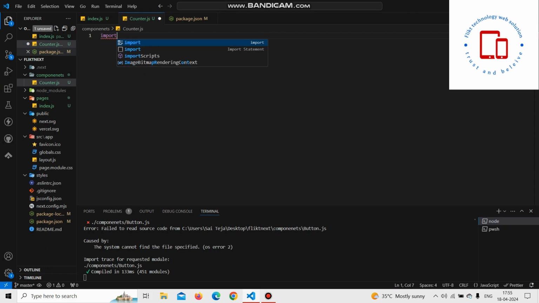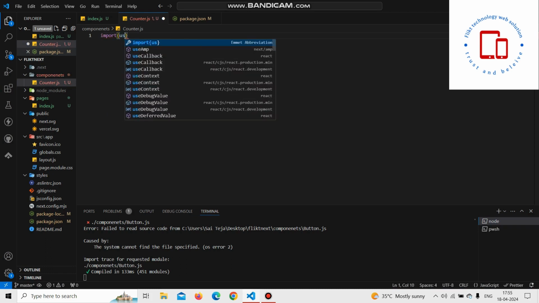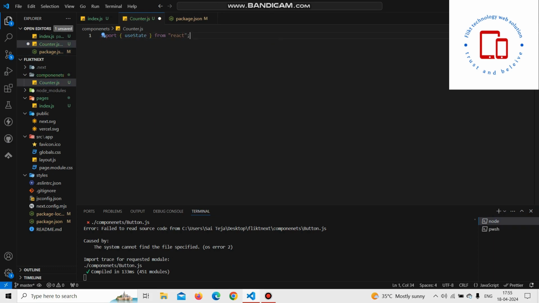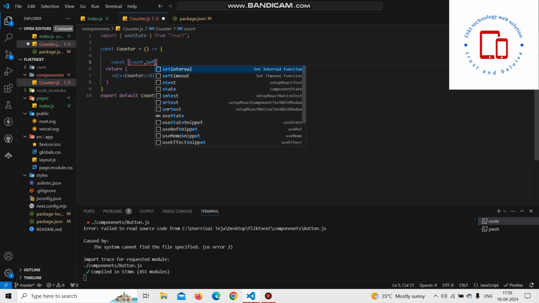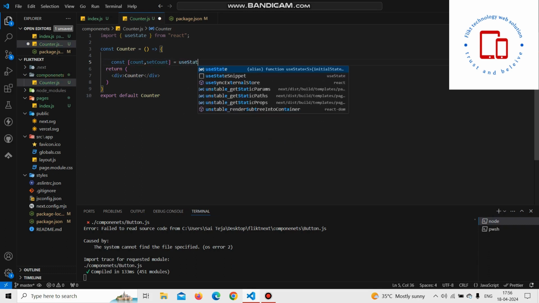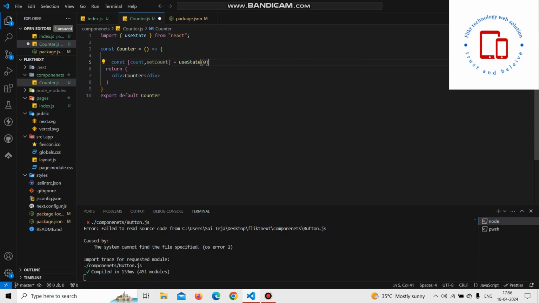First, I am going to import useState from React. const [count, setCount] = useState(0),